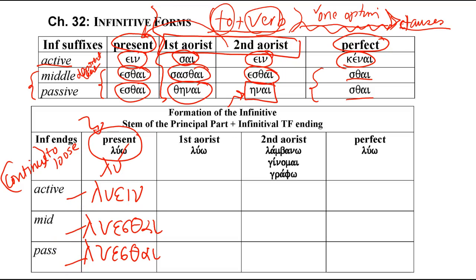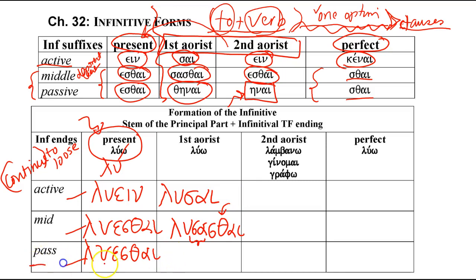What about the first aorist infinitive? You take lu, and then the sigma signals to you that it is first aorist, and then you take the infinitive tense formative ai, and so together it's lusai, and that tells you that it's the aorist active infinitive. The aorist middle infinitive is lu sasthai. So notice that it retains the aorist tense formative and it adds the middle infinitive suffix ending, so lu sasthai.